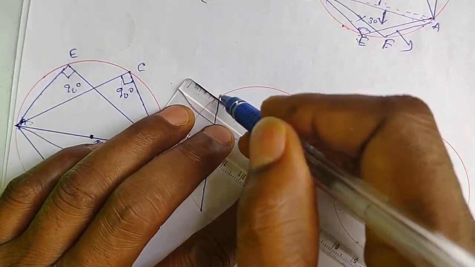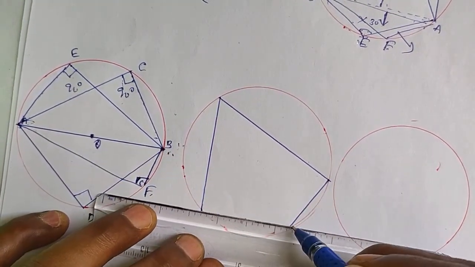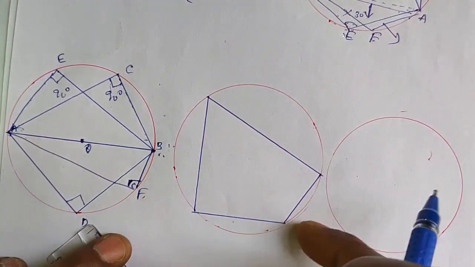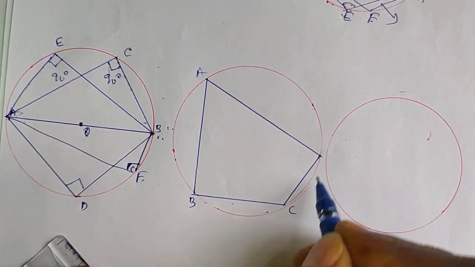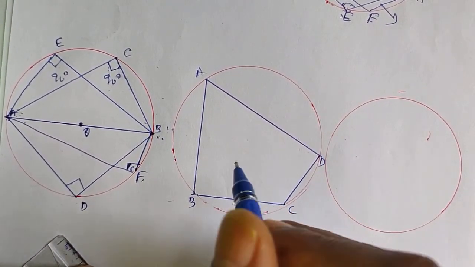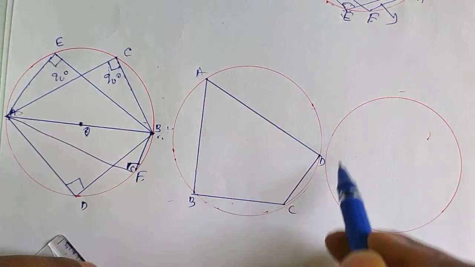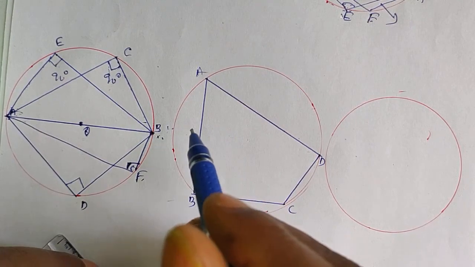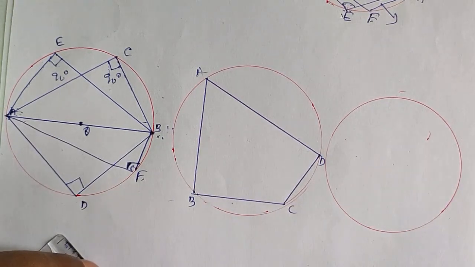That theorem is based on the cyclic quadrilateral. As you know, what is a cyclic quadrilateral? A quadrilateral which is inscribed inside the circle. Inscribed means put inside by touching all four vertices of the quadrilateral. Look here, I have taken quadrilateral ABCD. This quadrilateral is also called a cyclic quadrilateral. It is not only a quadrilateral, it is a cyclic quadrilateral. The reason is all four vertices of ABCD are lying on the circumference. If one vertex is not lying on the circumference, then it is not a cyclic quadrilateral. Make sure that all four vertices are on the circumference, then only it is a cyclic quadrilateral.